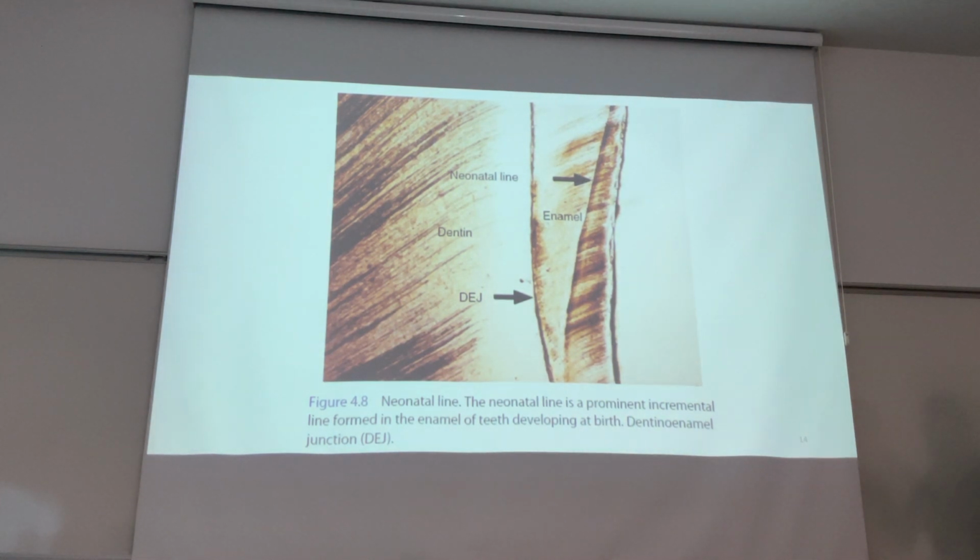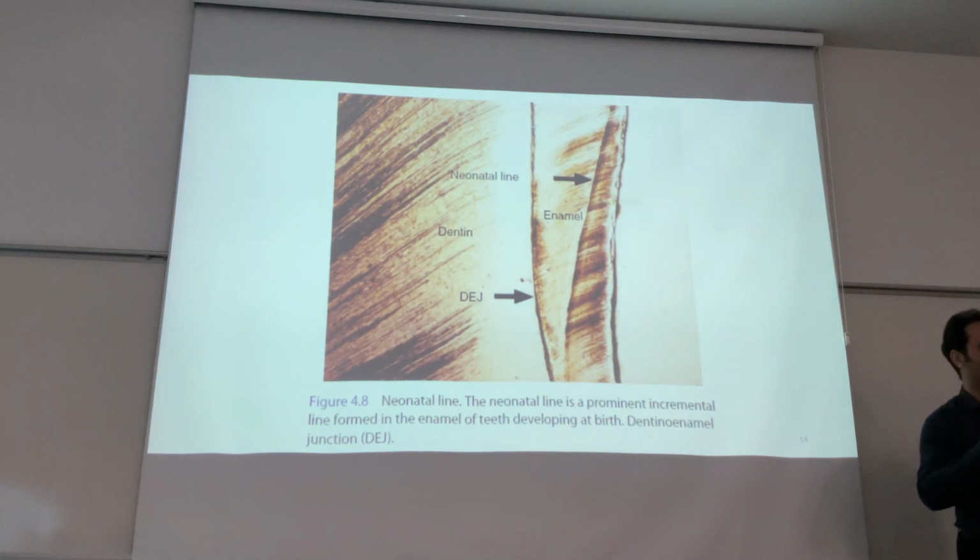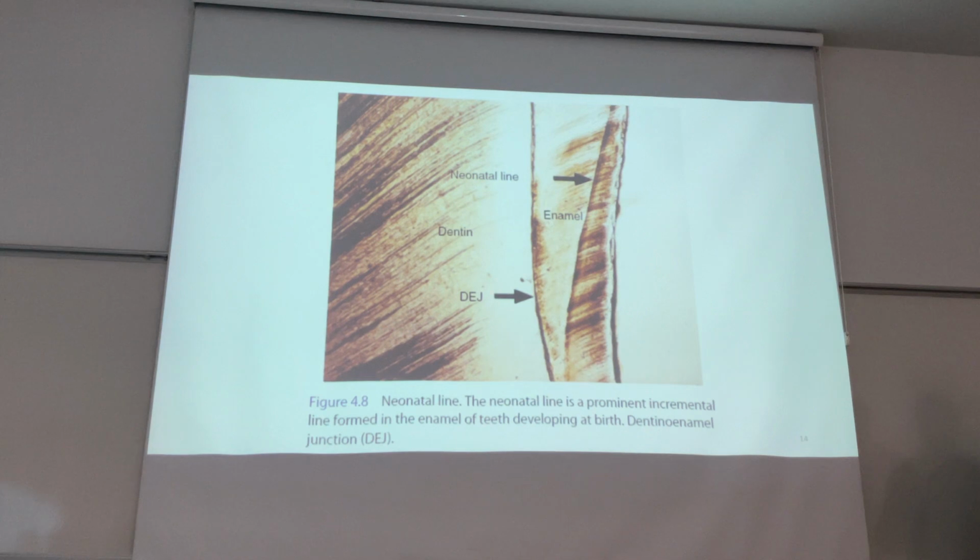Because of these changes in the nutrition, the structure of enamel and the mineralization rate change. This line forms and is known as the neonatal line, and you can see the enamel which formed before the birth and afterward